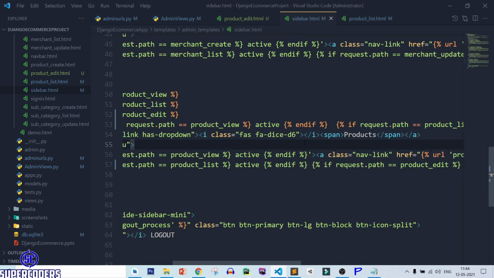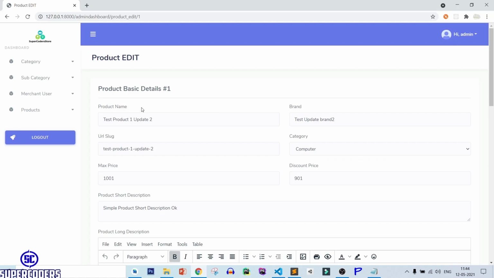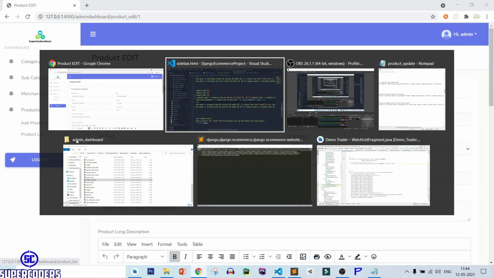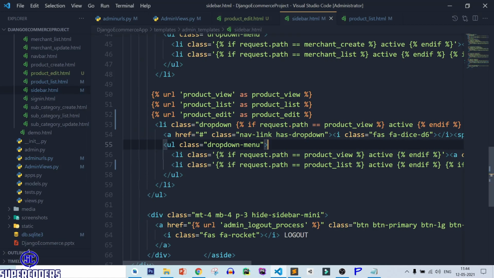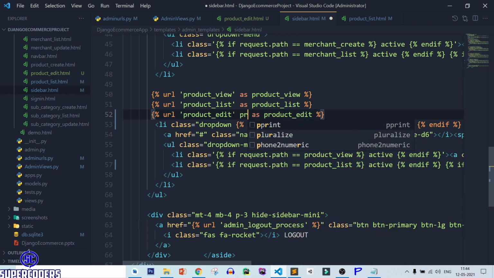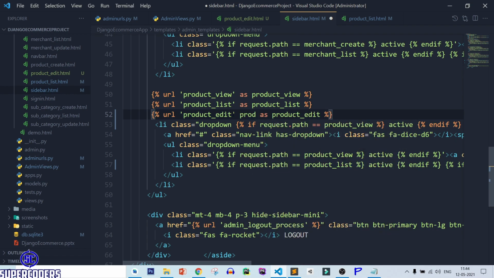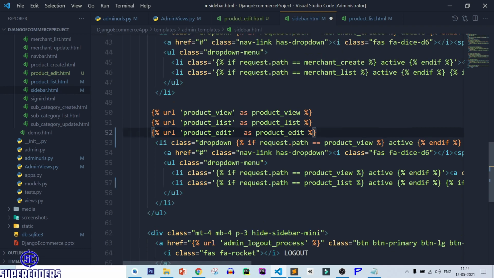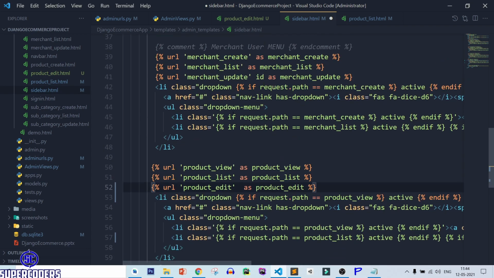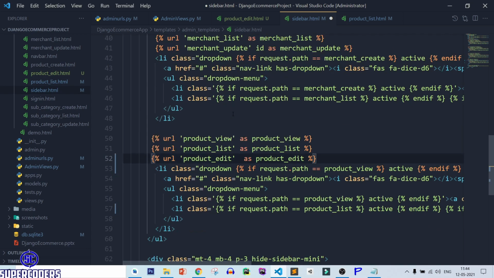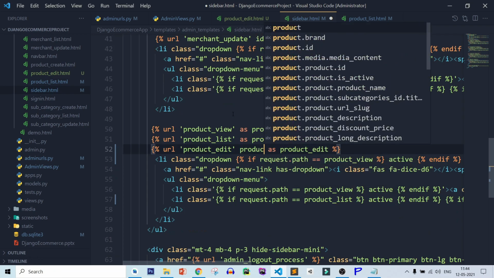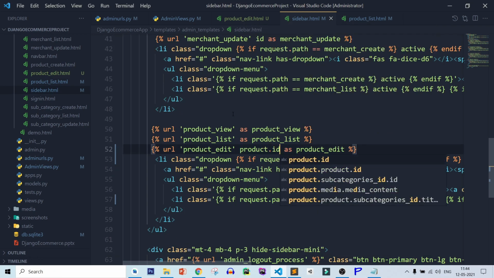Save this file, back to Chrome, refresh page, and still it is not showing. Okay, I think ID is missing. So here, let's see, product.id.